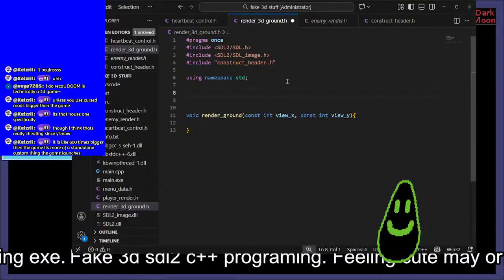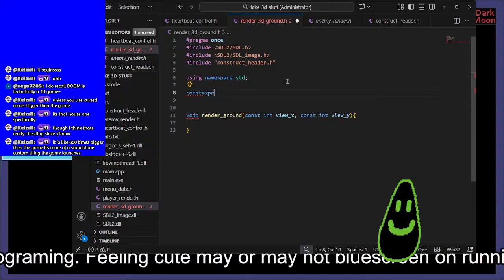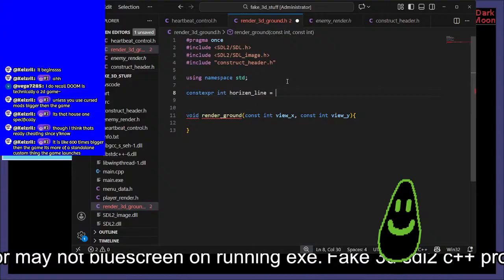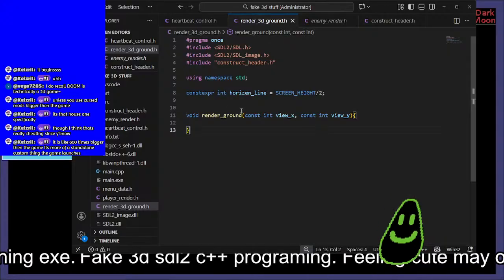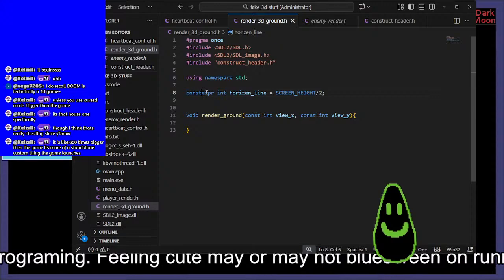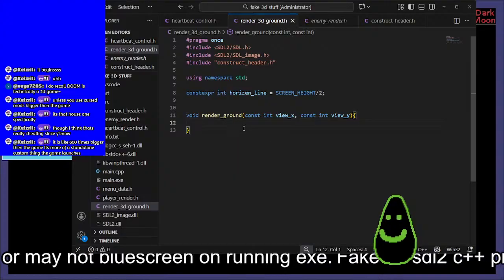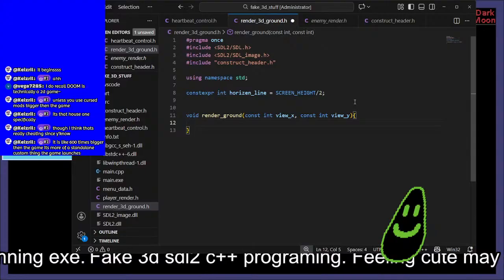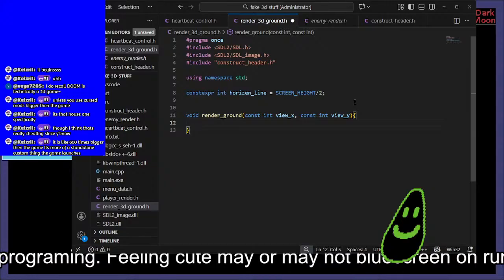I'm going to just put it here, const int, or no wait, constexpr int horizon line equals screen height divided by 2. And this interpolates it at compilation time, so this doesn't have to be defined and I can pass it through things. It compiles at compile time. Fun things. Okay, so first naive approach,